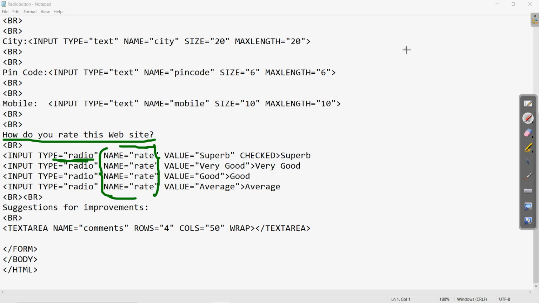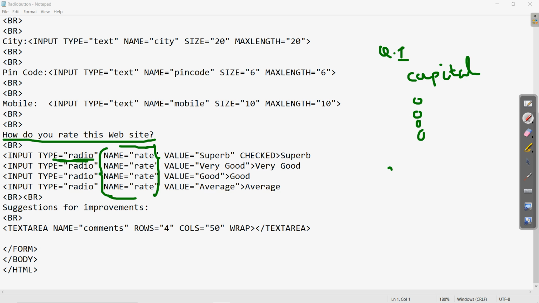For example, if you are giving an online test, and question 1 is what is the capital of India, clear? If there are 4 options like Lucknow, Varanasi, Delhi, and Mumbai, clear? Then these 4 options for this question will appear as part of a single group. Clear? So that will have a common name.